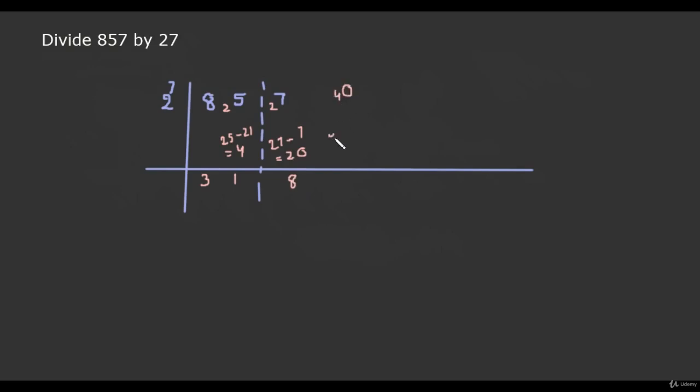Then this number becomes 40. But from 40, we are still not able to subtract the product of 7 and 8, 56. We will be getting a negative number. So 2 cannot divide 20 8 times also. So 2 will divide 20 7 times. If 2 divides 20 7 times, we get 14 and the remainder is 6. From 60 we can subtract the product of the flag digit and the third quotient digit, 49. And this gives us 11.